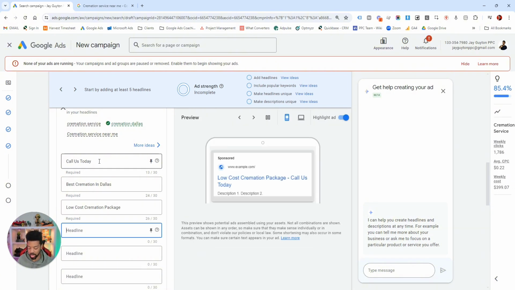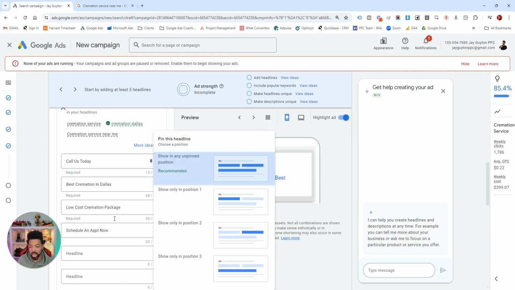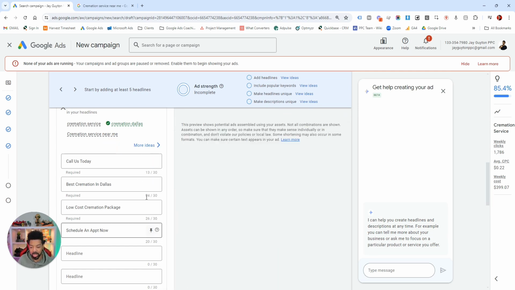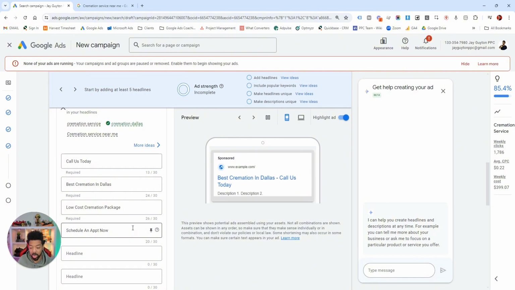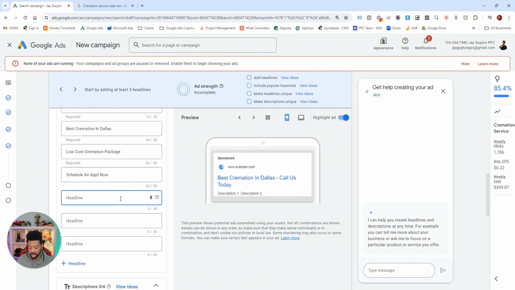And what else? Schedule an appointment now. So just different variations of headlines like that, and also Google gives you the opportunity to pin these headlines in the first, second, and third position. So based on whichever one you feel is more relevant here,